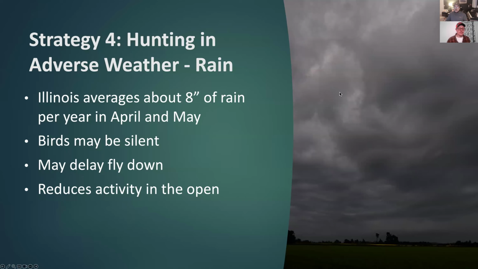And one thing that it's really going to do is delay when they leave the roost. Because again, they're very much driven by the daylight. And so if the daylight looks different just because it's cloudy, overcast, it's going to be a little darker. It will delay that fly down quite a bit, sometimes 15 minutes, sometimes 30 minutes. And sometimes it may even cause that one bird to sit up there till 7:30 or so. I've definitely seen that. So just keep that in mind.